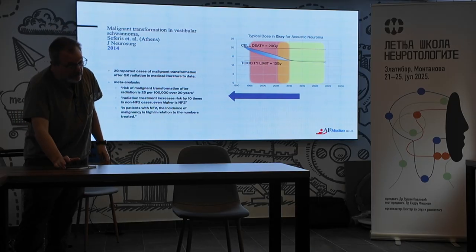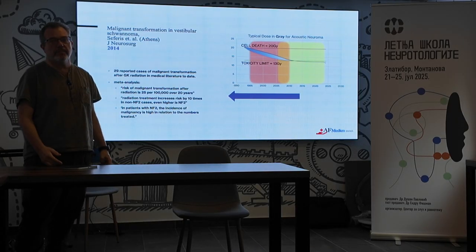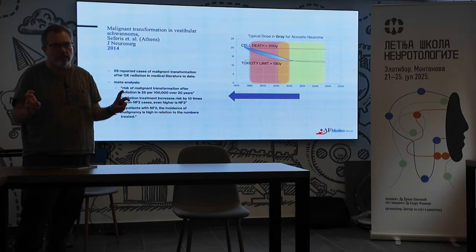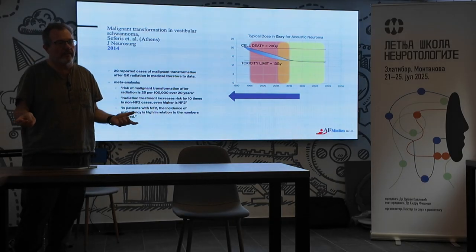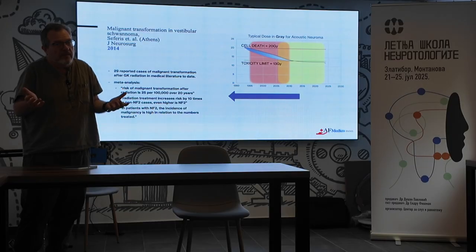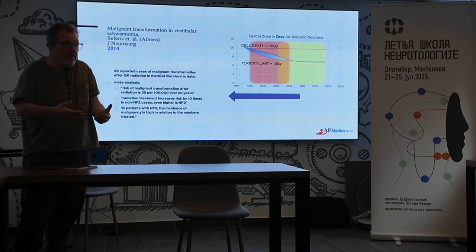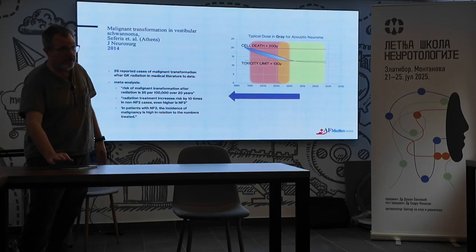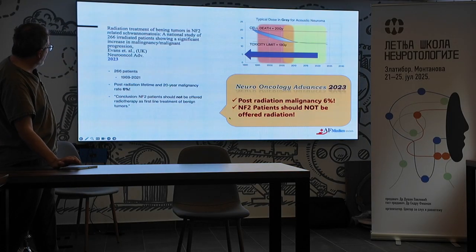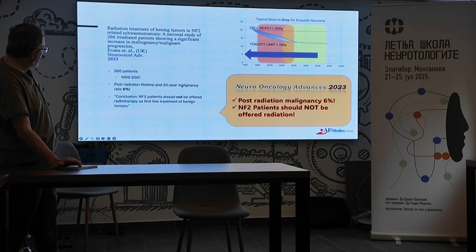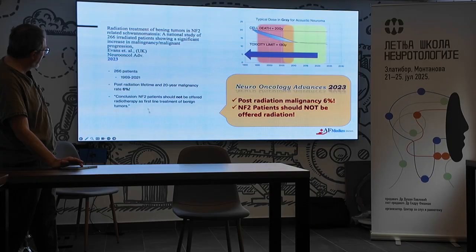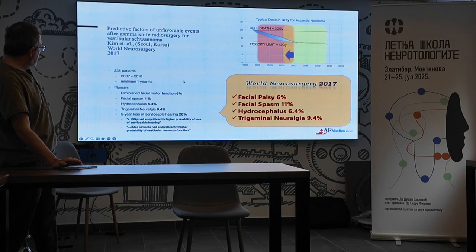So it's still used as a first-line therapy in many pediatric neurosurgical centers because the surgery is not so familiar for them. It's best to do nothing than to give them radiation, all right? Now let's look here. We also have some, look, 20-year malignancy, 6% for Gamma Knife, for NF2 patients. Now look, facial spasm, hydrocephalus,